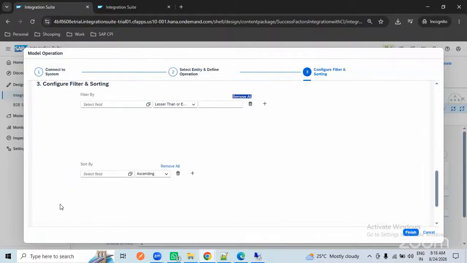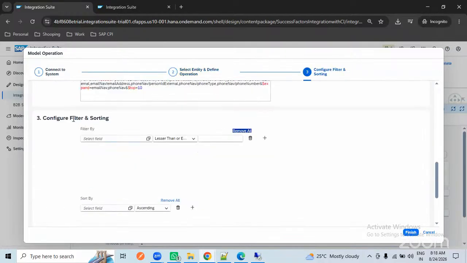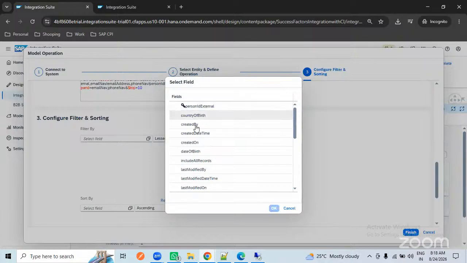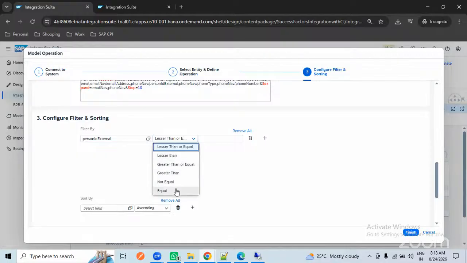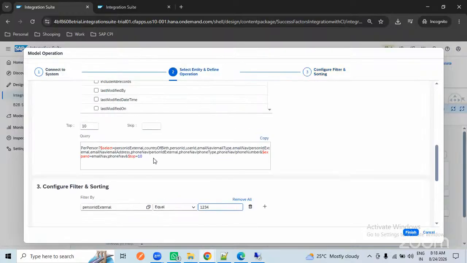Now go to step 3. Here you can filter and sort. You can select the field which you want to filter on. Generally, you pick the personal external field with an operation, such as equal to some value 1, 2, 3, 4. Since we are querying the data like top 10 records,